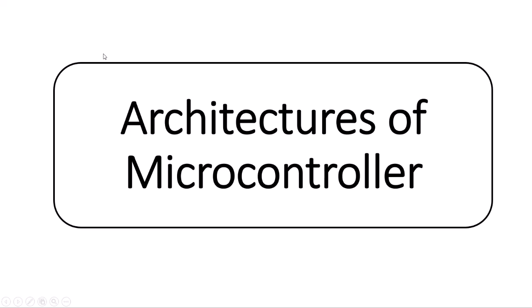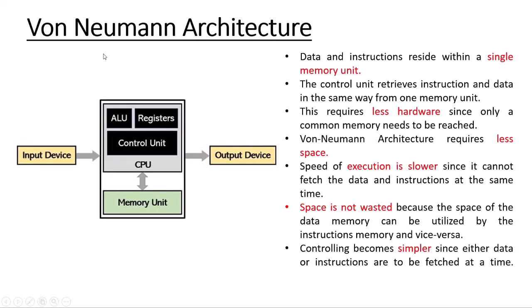So we'll start with the von Neumann architecture. Von Neumann architecture has a single memory storage to hold both program instructions and data. So there is a common memory for program and data. Program and data are stored in a single memory, and the CPU can either read an instruction or data from the memory at a time, or write data to the memory at a time, because it is using only a single set of bus, the system bus. Von Neumann architecture is named after the mathematician and computer scientist John von Neumann.